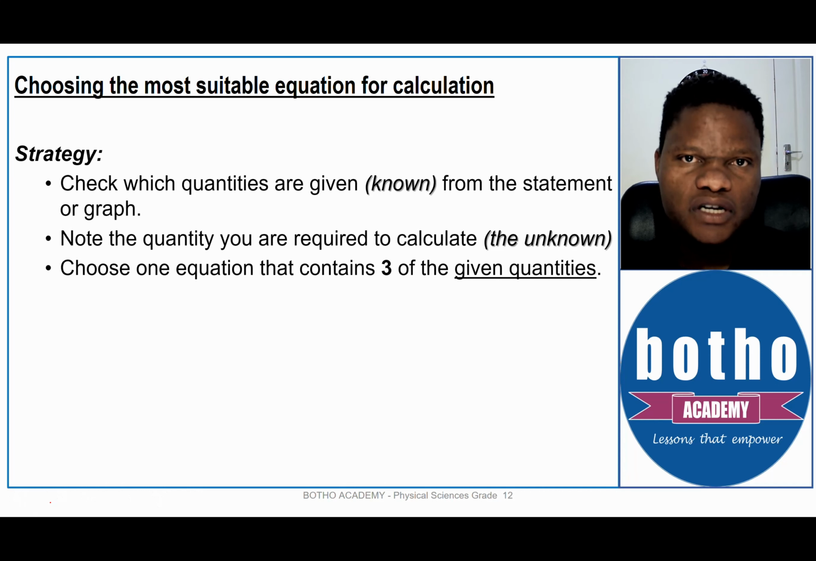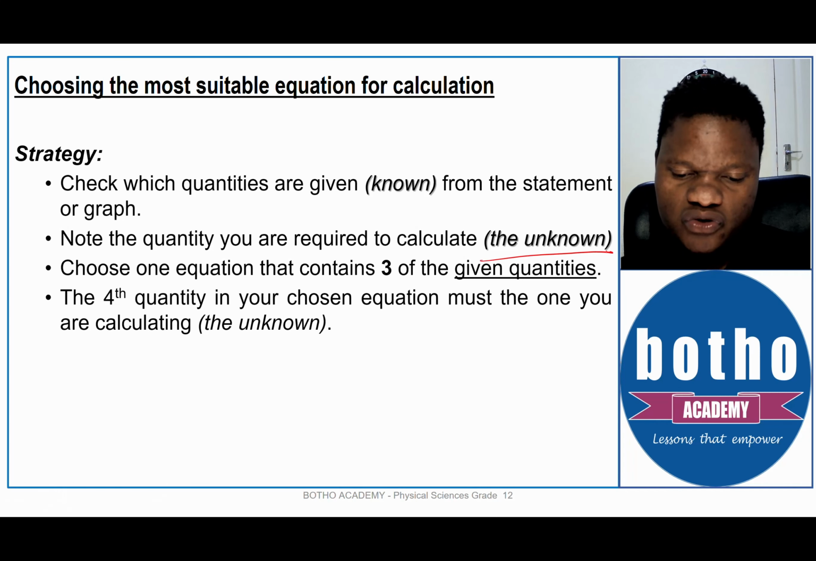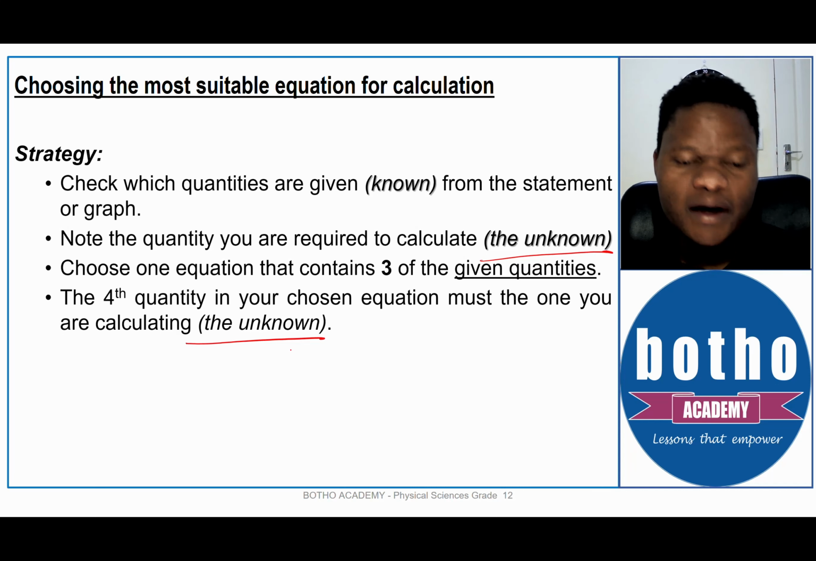So when you are calculating, check and choose one equation where 3 of the known variables are in that particular equation that you have chosen, and then the 4th variable or the 4th quantity must be the one that you're trying to calculate, which we referred to earlier on as the unknown. All right, but